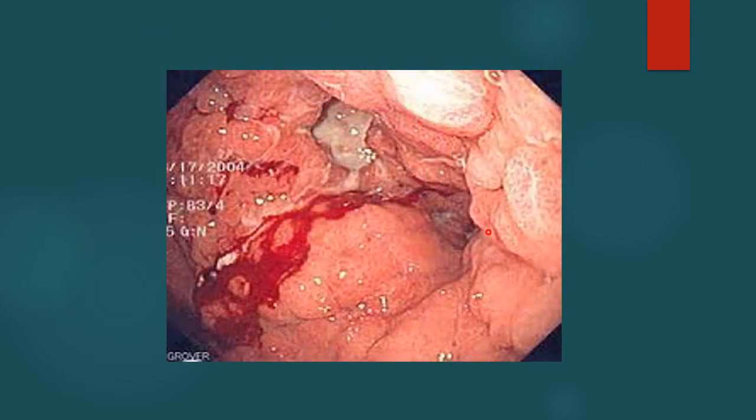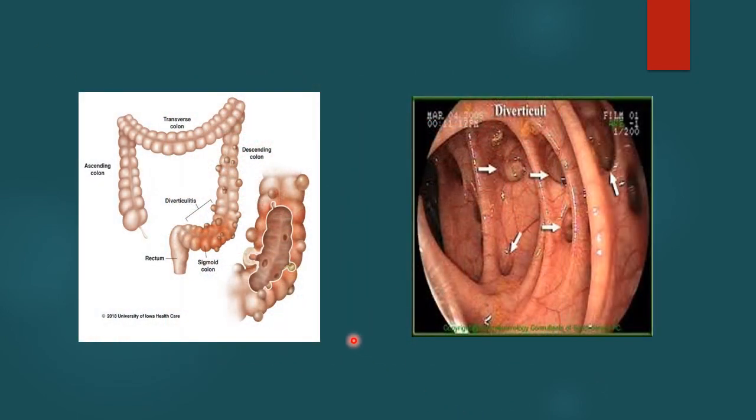I shall now take you through some slides to demonstrate the lower GI bleeding. Okay, this slide is a case of colorectal cancer with bleeding. This is a diagram showing you diverticular disease of the colon, which occurs most commonly in the left side of the colon, the descending colon, and maximally at the sigmoid colon,